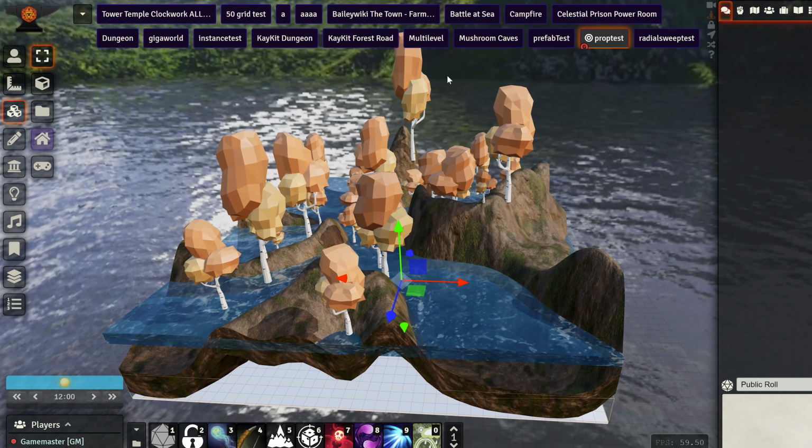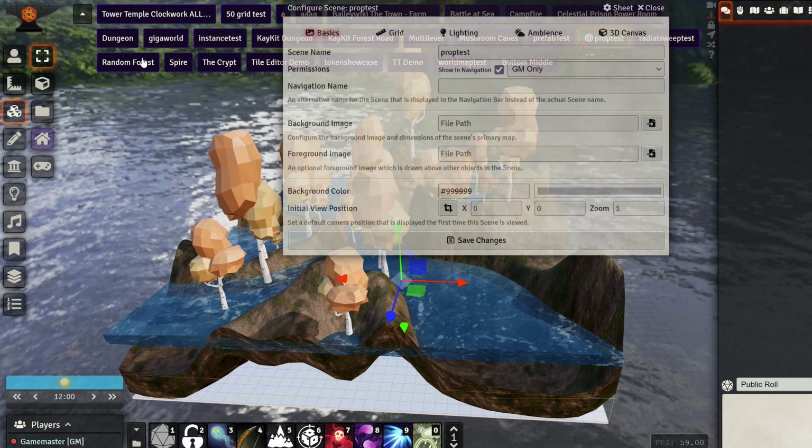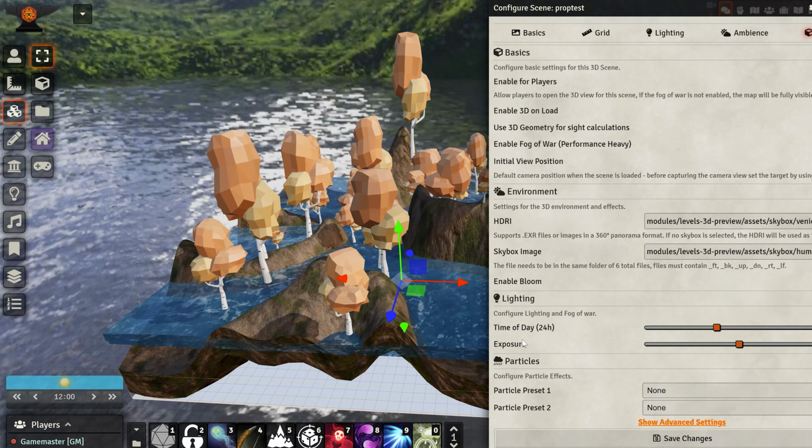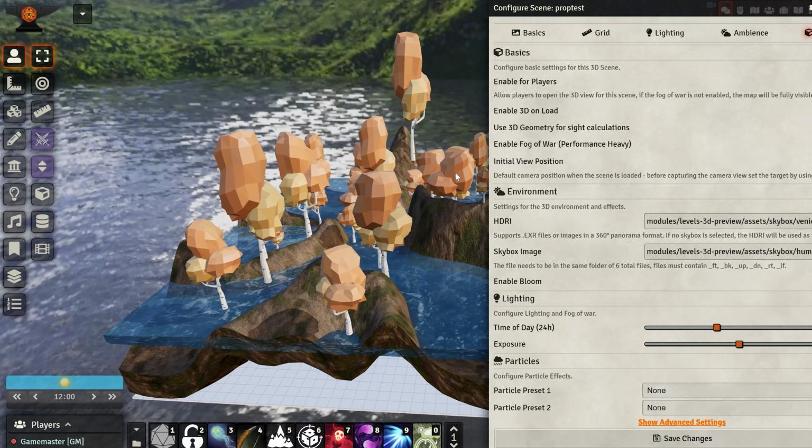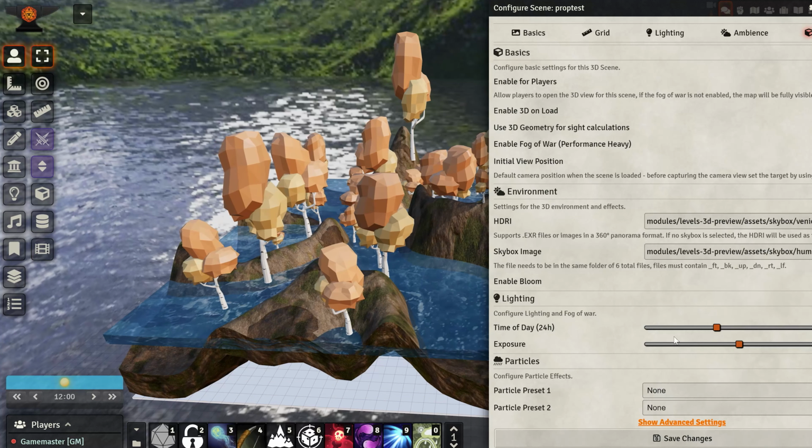Okay, so back to our water scene. We can see the rest of the new stuff that's been added to the scene configuration, and that is mostly related to lighting. So the system which decides the lighting has been changed. Now you have a slider that just tells you the time of day, and you can change it, and as you can see the sun changes. It's basically the same as before, but I changed the